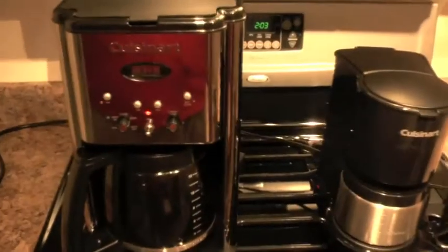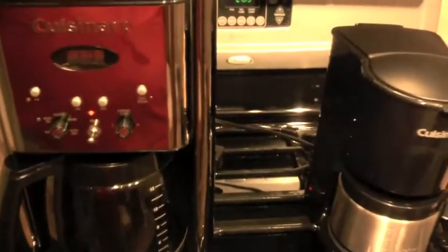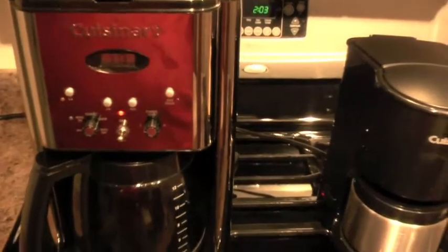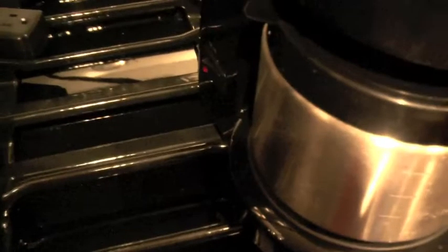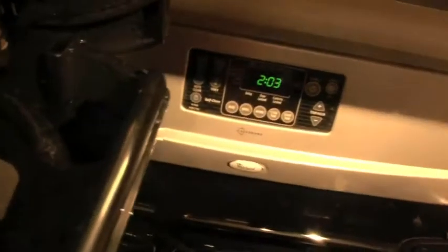So since I'm going to use all the coffee at one time, I'm going to turn both coffee makers off. If you leave them on, they'll keep the coffee hot for about 30 minutes. This one has the switch on the side, which is the power switch. On the smaller one, it does have a light to indicate that it's on. And one of the first things I like to do when the coffee's ready